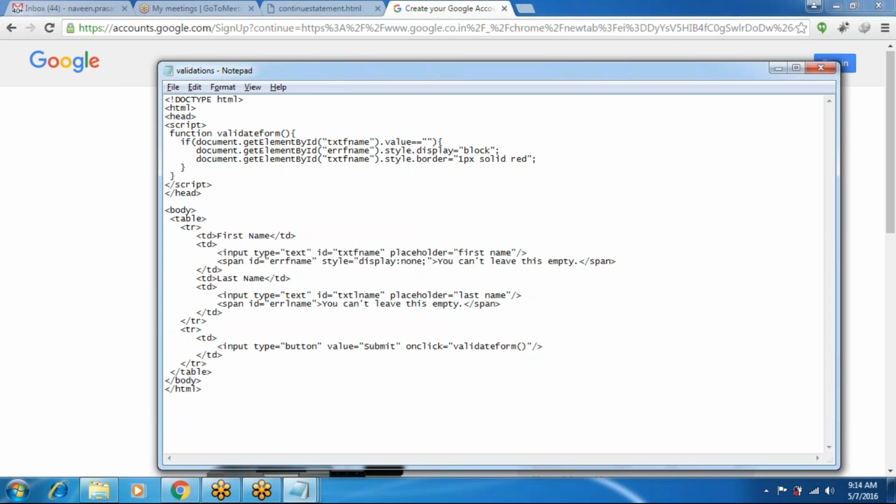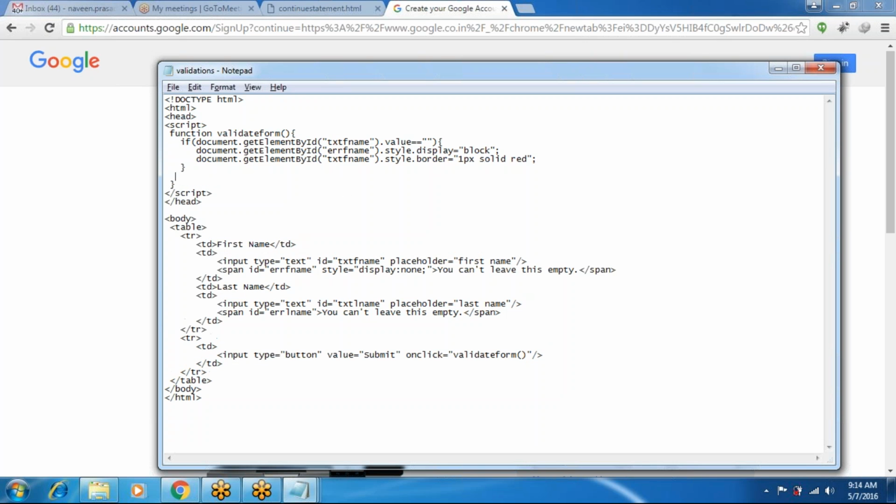Okay, it will display like this. If you successfully enter the first name text box, you can move to the next text box.